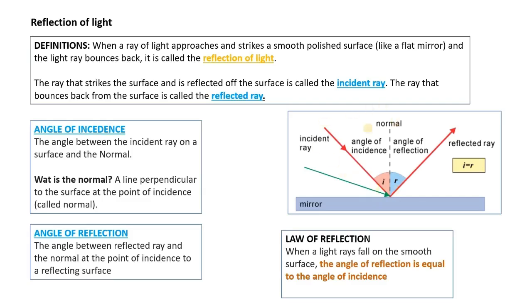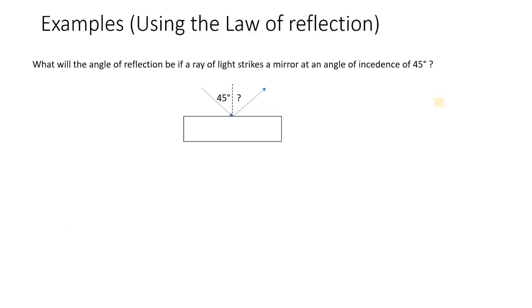When we increase the angle of incidence, you can see I'm putting a green ray of light here, and it's further away from the normal, meaning that the angle of incidence now is bigger. That will then be the reflected ray. But the angle of incidence, although it's a bigger angle now, will always be the same size as the angle of reflection. Right, moving to examples.